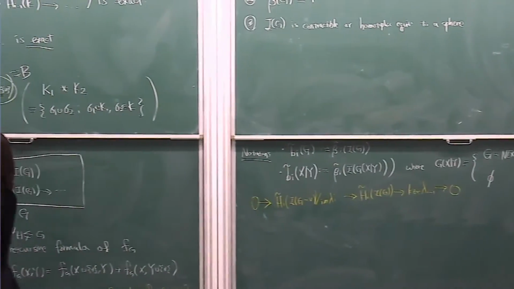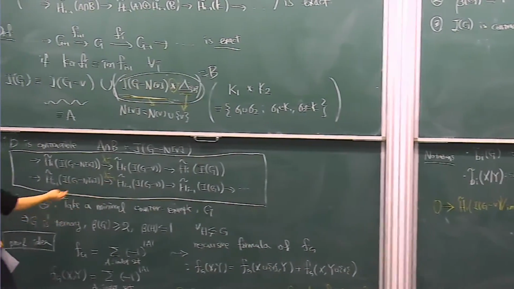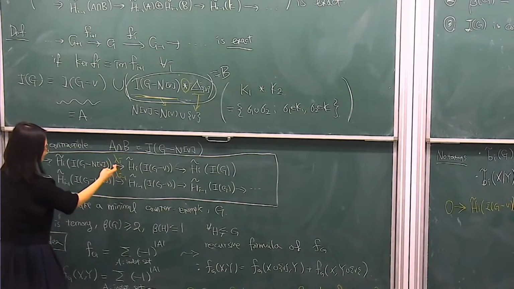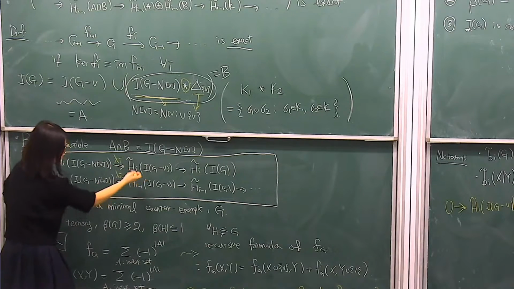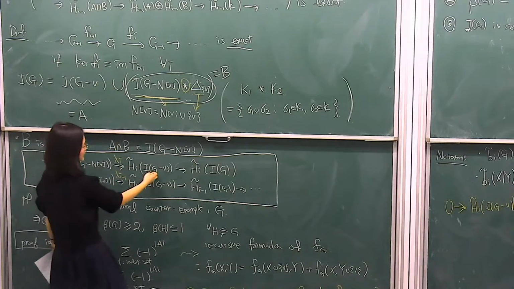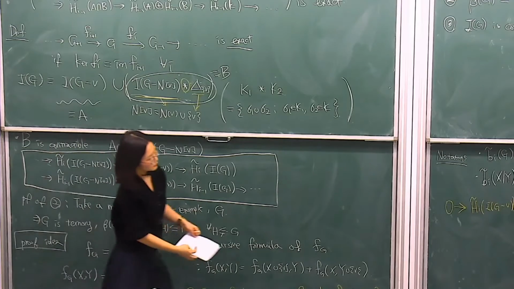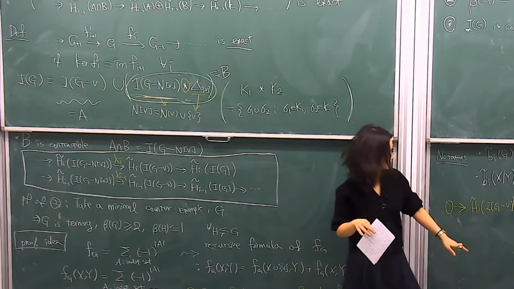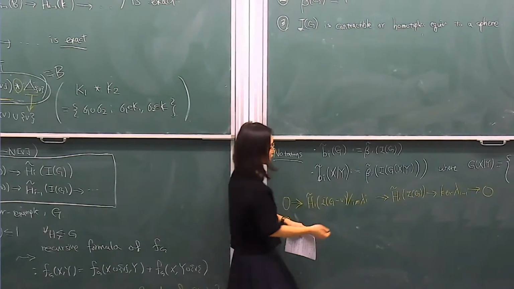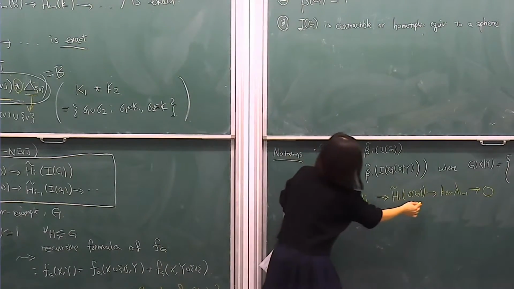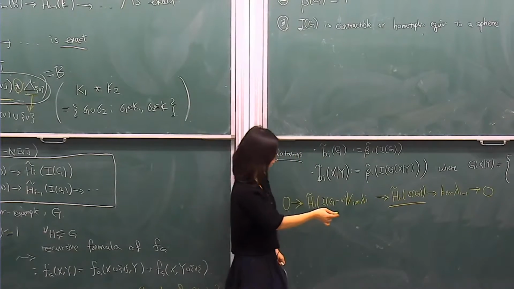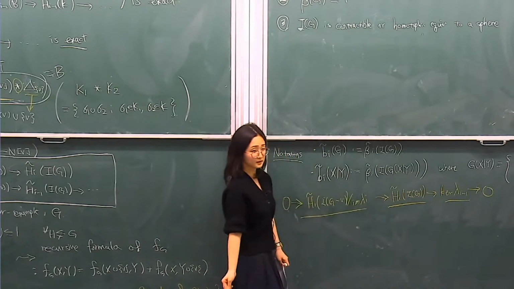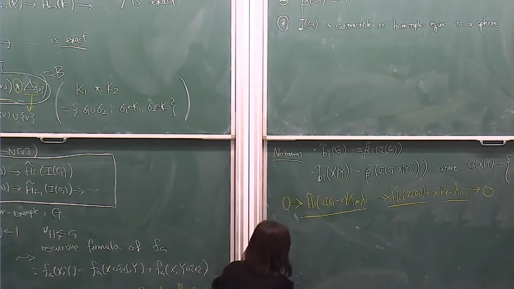Take the kernel of this map, then it should be a subgroup of it, and take the image of this and quotient this group, then we have this kind of short exact sequence. And if we have this short exact sequence, we know that the dimension of this middle one is equal to the sum of this dimension plus this dimension. So what we can obtain from this,